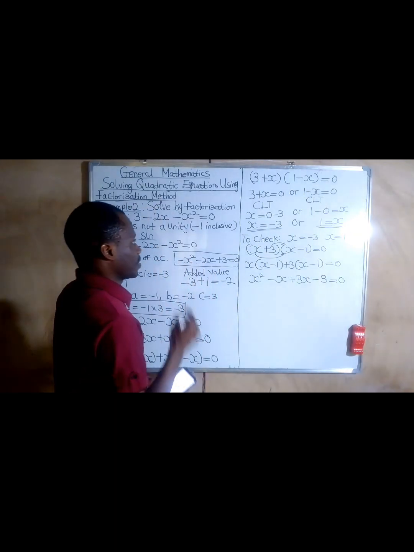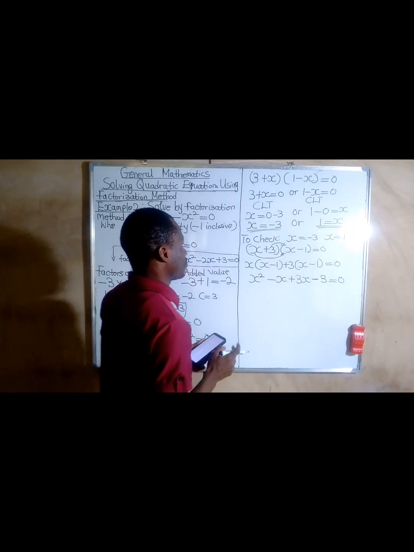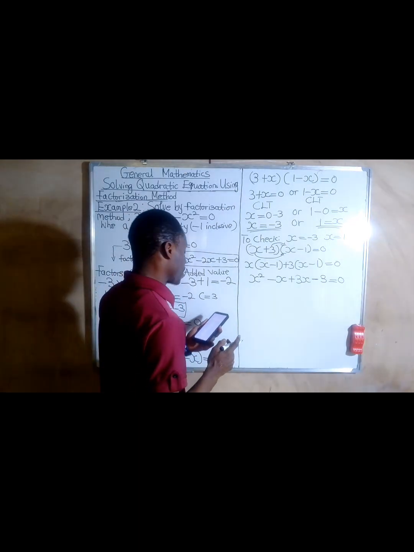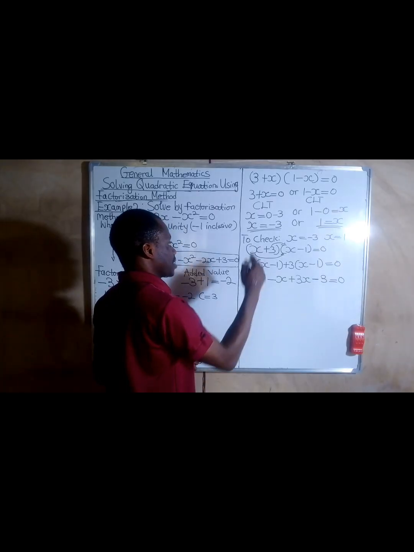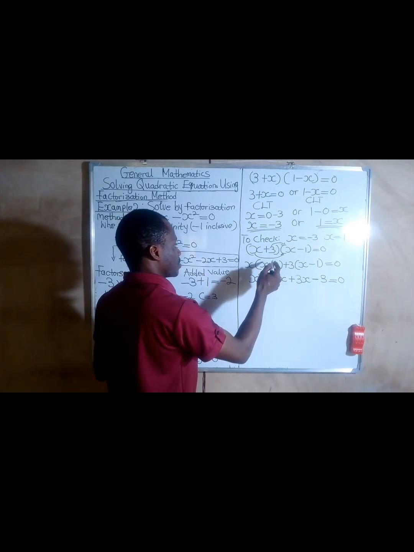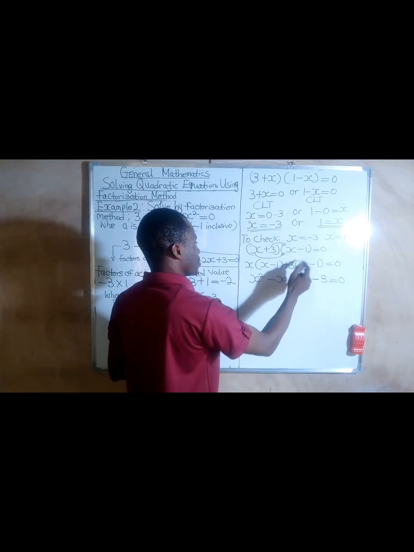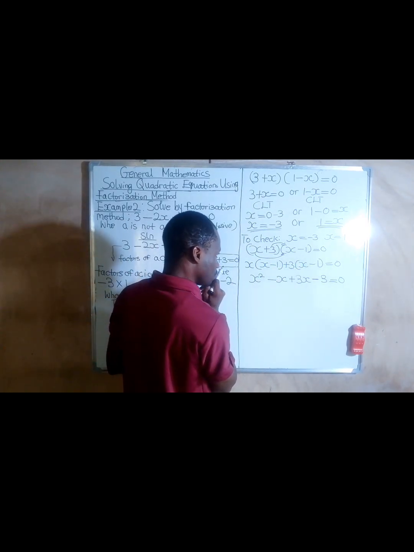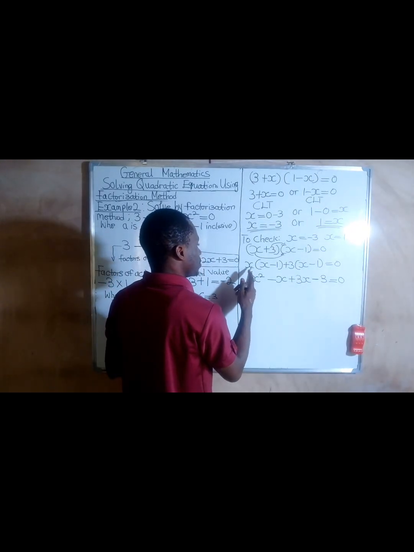Let's look at this very well. Remember our answers, we got x equals positive 1 and x equals minus 3. Now to check, x equals minus 3 comes inside as plus 3, and x equals 1 comes inside as minus 1, so we have (x + 3) times (x - 1). Am I correct? Good. Now x times x is x squared, then